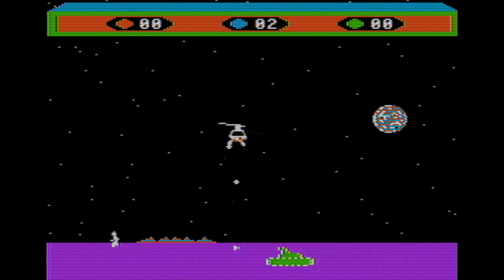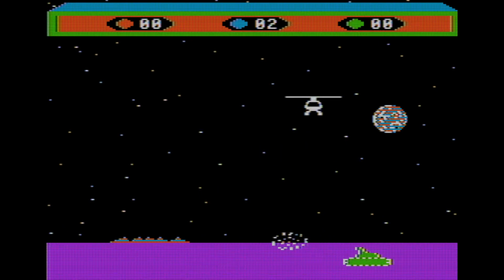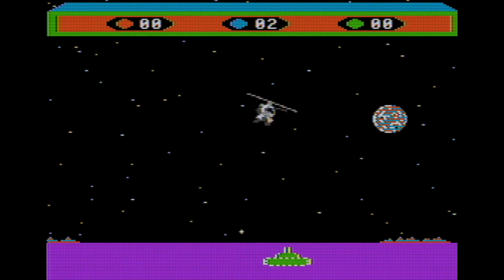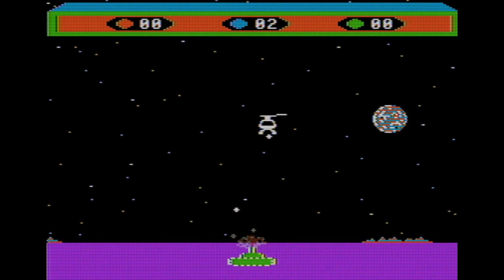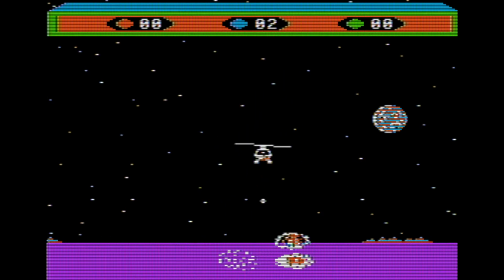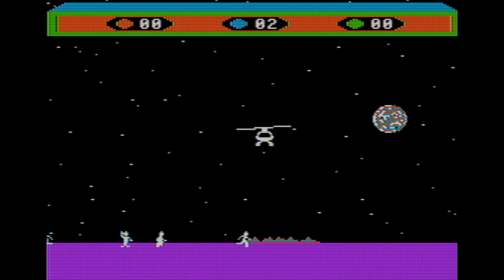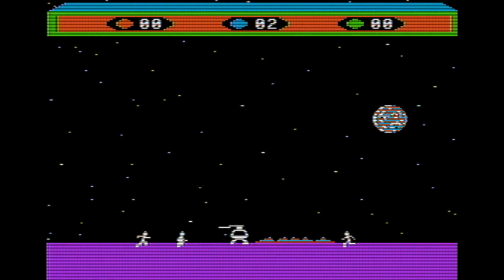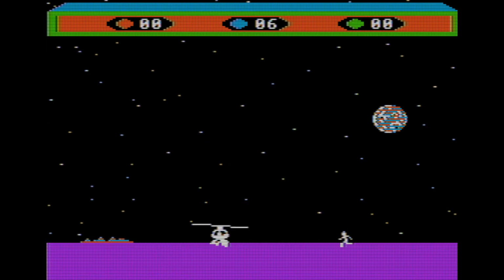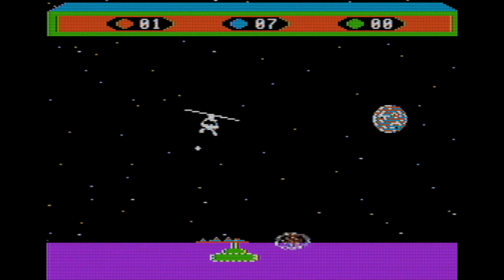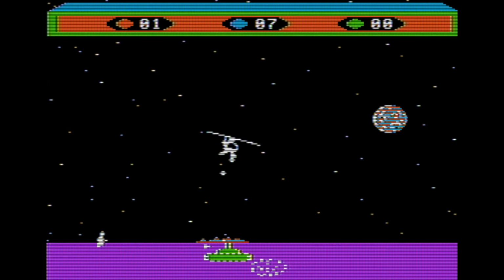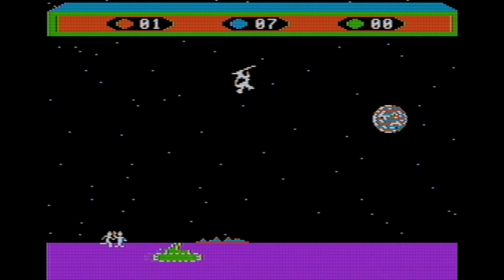You almost got me there. I swear a lot of these hits land and they just don't want me to kill the tank yet. They just decide, no, that's not how this is going to work. Okay. I'm on the ground. We got 6. I can get more. And I killed him. Sorry about that, buddy. Should know better than to stand underneath me. It's not a safe place to stand.